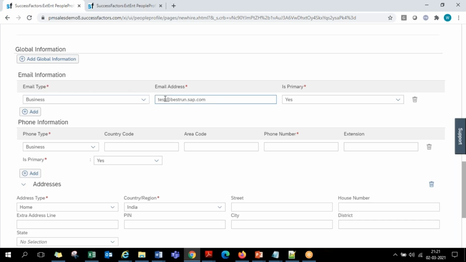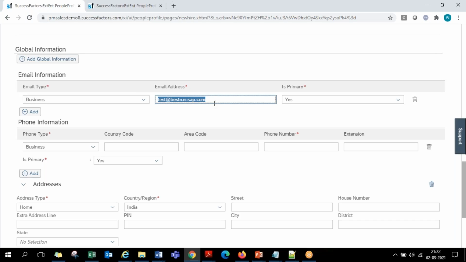The employee email address. Here there is some business rule that has been written just for some testing purpose to auto populate the email ID. It is given a logic like employee first name at the rate company.sap.com, company name as bestrun.sap.com. Because we have given the employee first name as test, that has come up here, test at the rate of bestrun.sap.com. It's a rule written to automatically generate an email ID concatenated with the employee first name, which will not definitely work every time, because with the same first name there can be multiple employees. This is just a testing scenario to write some business rule.